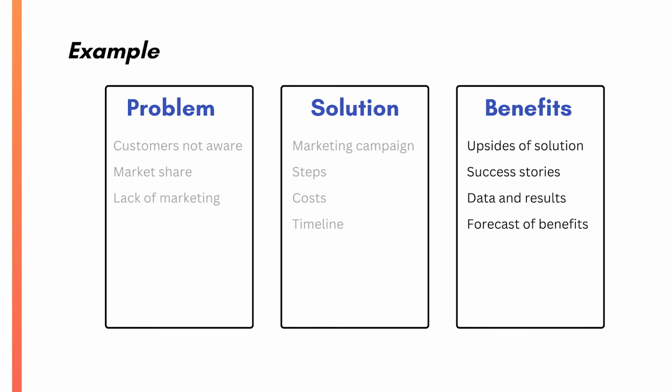You might use some success stories, for example, about similar organizations that have engaged in marketing campaigns like this. You could show data and results from past successes in your own company when you've made similar levels of investments. If this were a more technical presentation, you might use some simulations or modeling to forecast future benefits. This example assumes you're speaking to an internal audience, like your team or the leaders of your company. These are people you already know to some degree, but the problem solution and benefits points work equally well for external audiences as well, like a potential client. Let's fill this in with another short example.